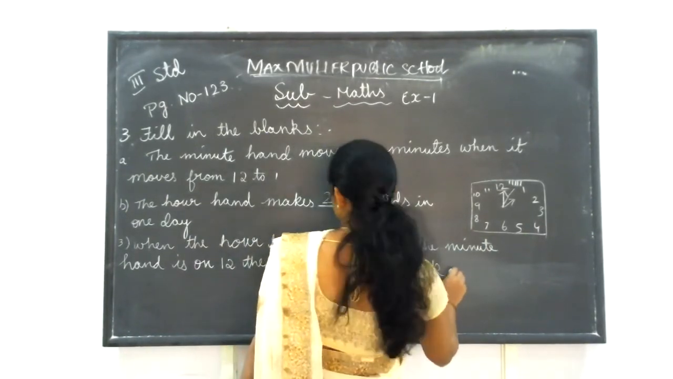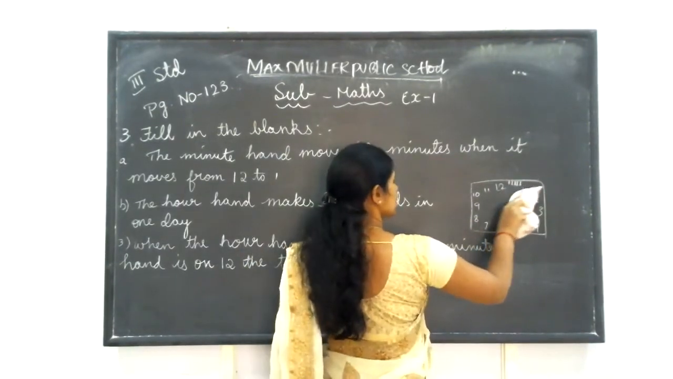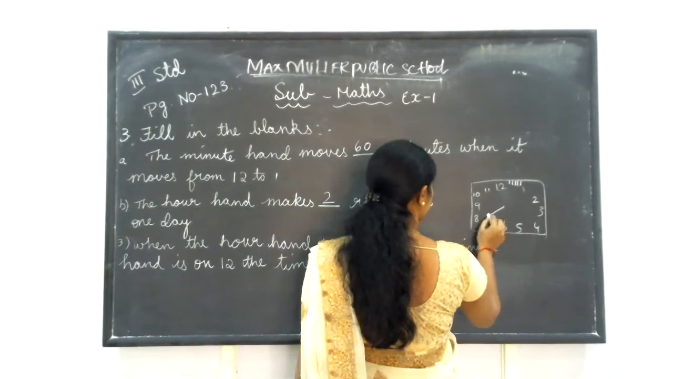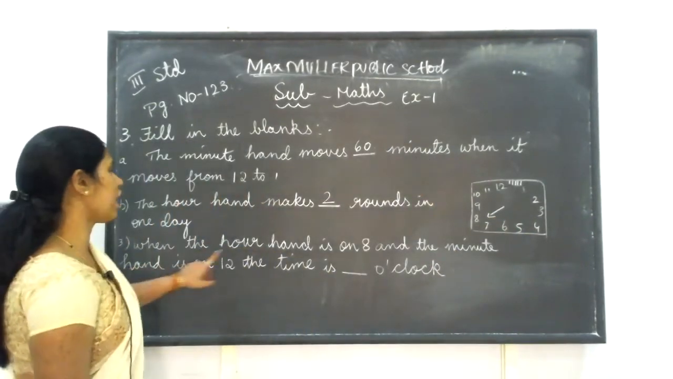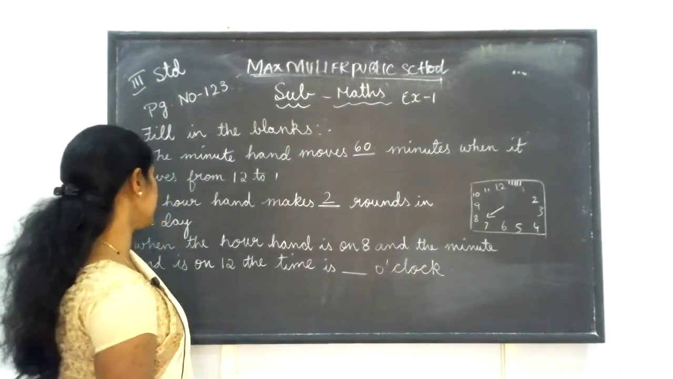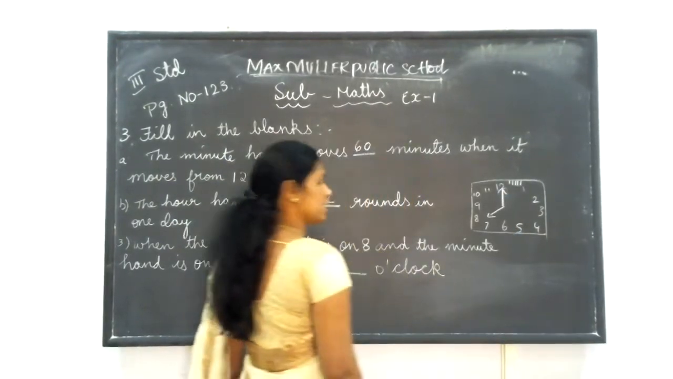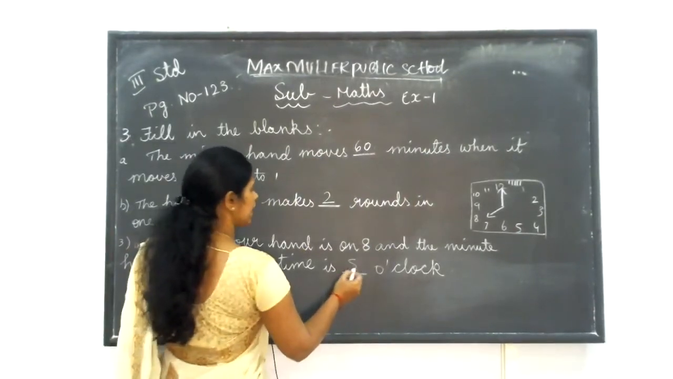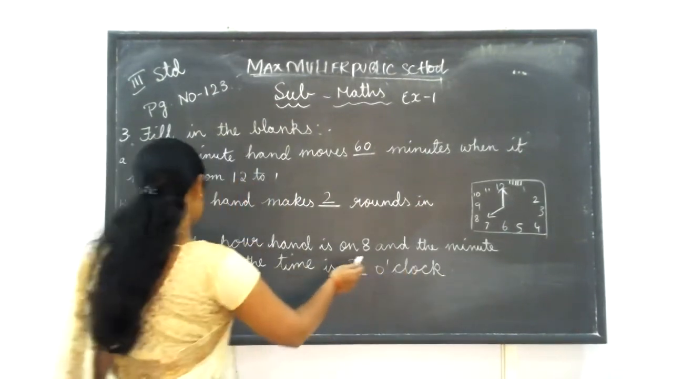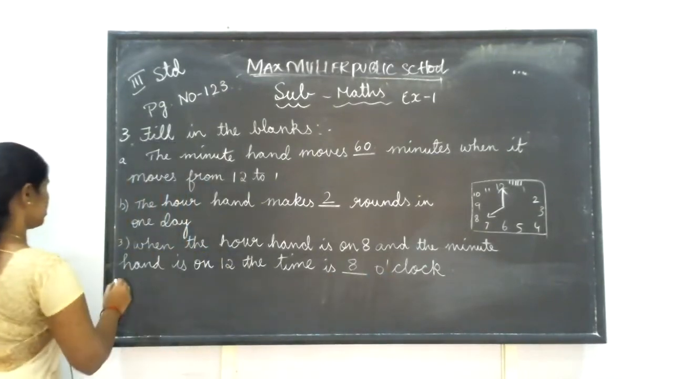So what they have told here, when the hour hand means the short hand, the short hand, it is towards 8. See here, read the statement. When the hour hand is on 8 and the minute hand means the long hand is on 12. If it is on 12, what is the time now? It is 8 o'clock. So write down 8 here. When the hour hand is on 8 and the minute hand means long hand is on 12, the time is 8 o'clock. Fourth one,